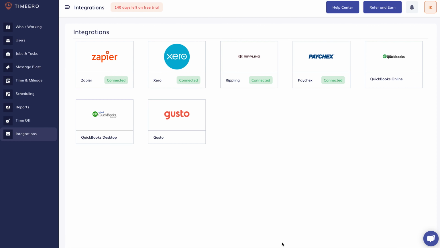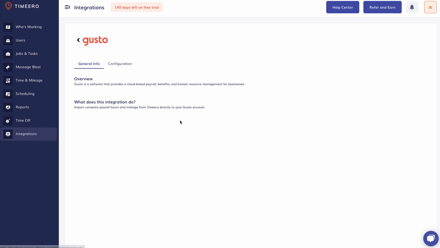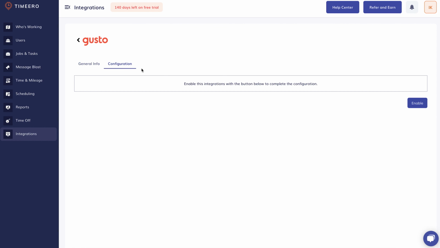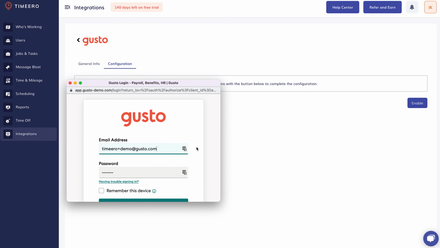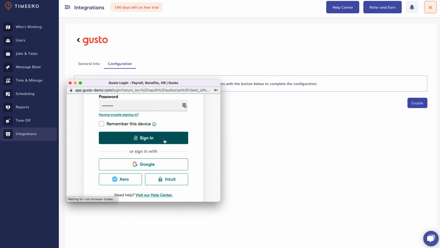First, make sure you are logged in as an admin. Click on Integrations and choose Gusto. You will be presented with a Gusto page to enter your Gusto username and password if you are not already logged in. Once you are securely logged into Gusto, you can choose Authorize to give Timeero software permission to access